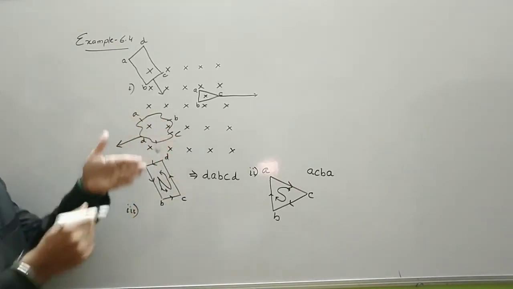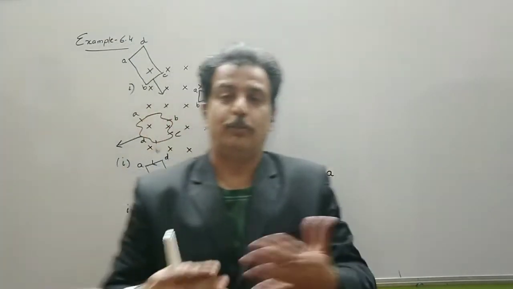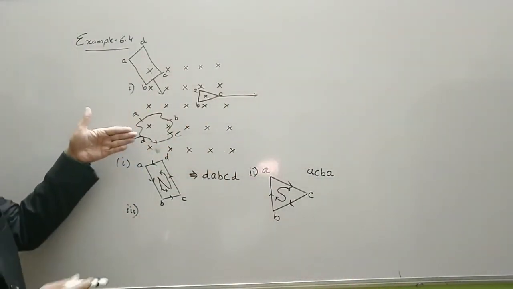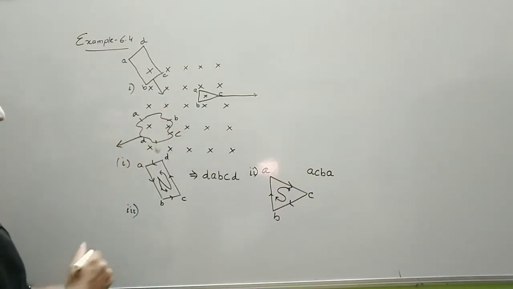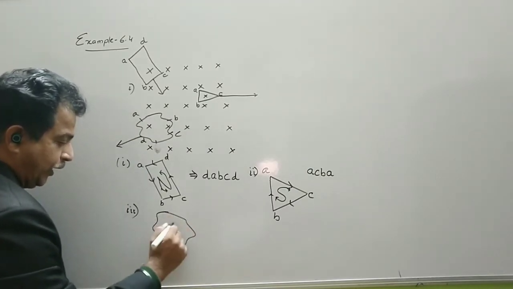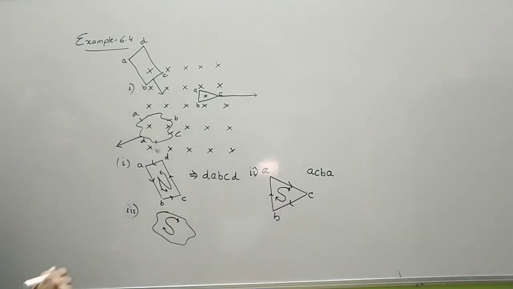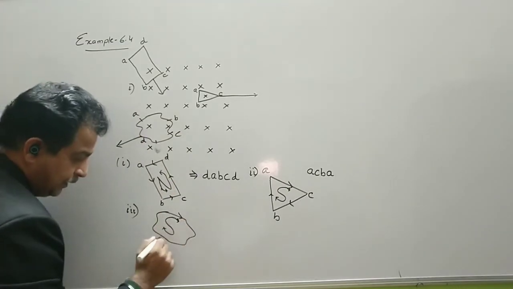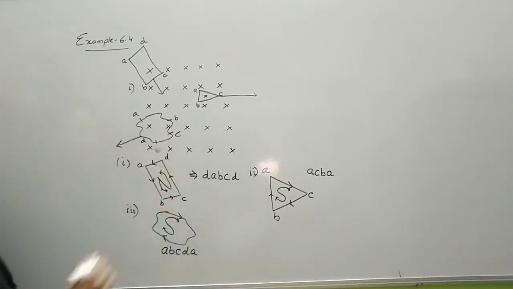It should oppose. It should not decrease. What is Lenz's law? If it increases, do not let it increase; if it decreases, do not let it decrease. So if I pull out, the field lines decrease. It should not decrease. We should add up. If we add up inward, then again the polarity of this face should be south, and therefore the direction of the current should be clockwise. So it should be A, B, C, D, A. So this is example number 4.